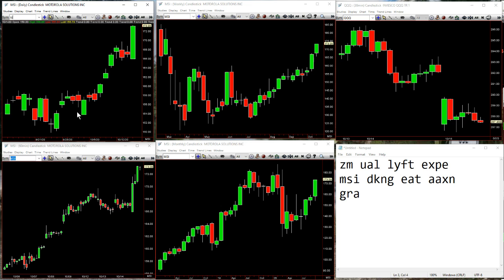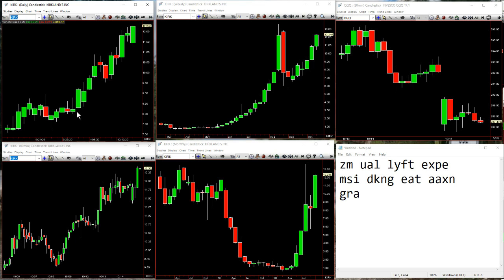If you go to Kirk here, once again, upper left, outside day, lower middle, inside month to the upside, right? So that monthly signal gave it to you at 982. Then here, drops down but goes green, and then inside on the 60 here in the lower left. Right here to take this out over 1189, coming back through previous range. Anybody short? It's going to be short against that and that and that and that and that, and boom, they're gone. Thanks for playing.